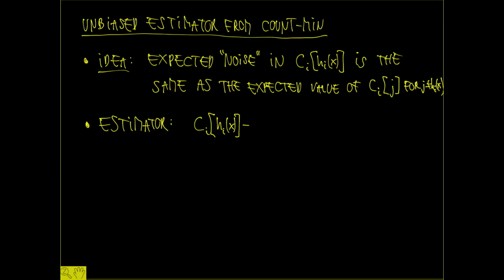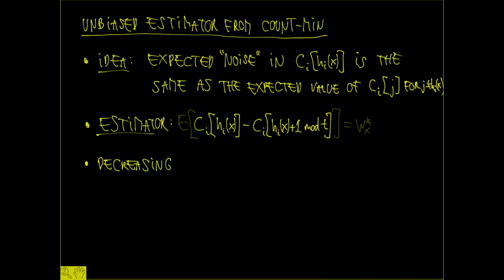So that is, we can look at the estimator that takes C_i h_i(x) and subtracts some other entry in the sketch from this. And the expectation of that is going to be exactly the true weight of x. Now we can